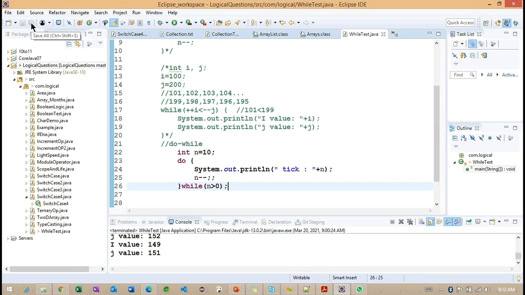Where will it come first? The first line executes the statement here.